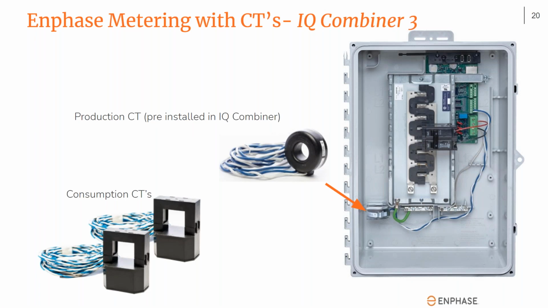Oh, right. So one of the most common callbacks or avoidable service calls is just mistakes related to the metering and energy measurement hardware. So shown here is the IQ combiner. Almost all residential systems have them, just maybe a few of the very large ones don't, but that system has, in this case, a printed circuit board Envoy and a production CT. And if used, the consumption CTs would be installed elsewhere. So do me a favor, jump to the next slide.